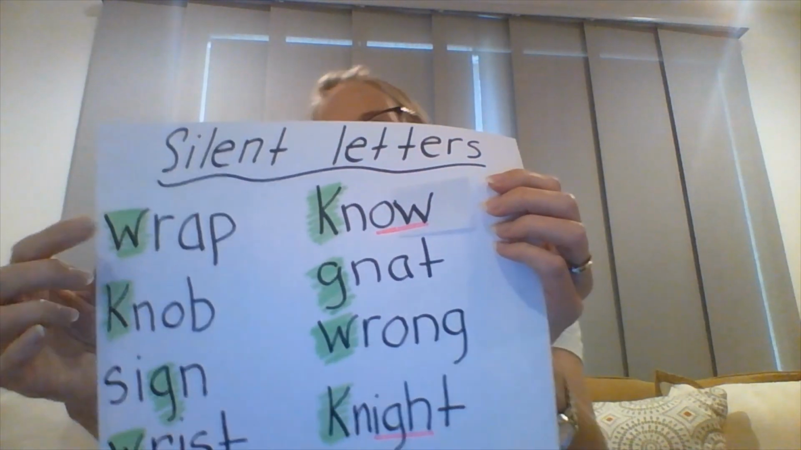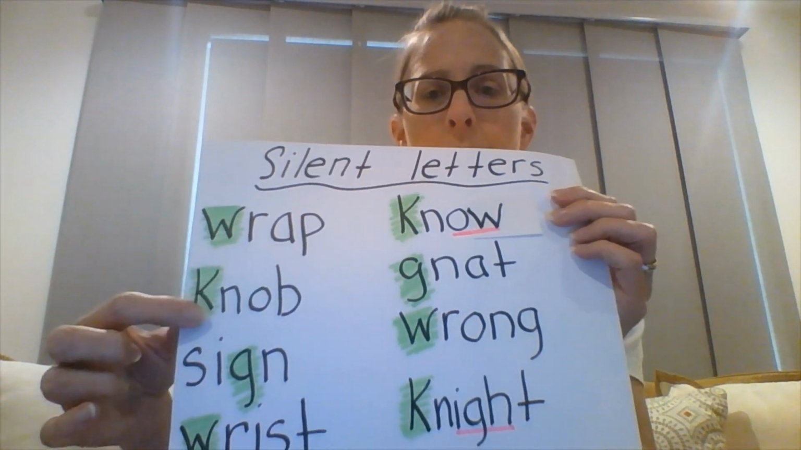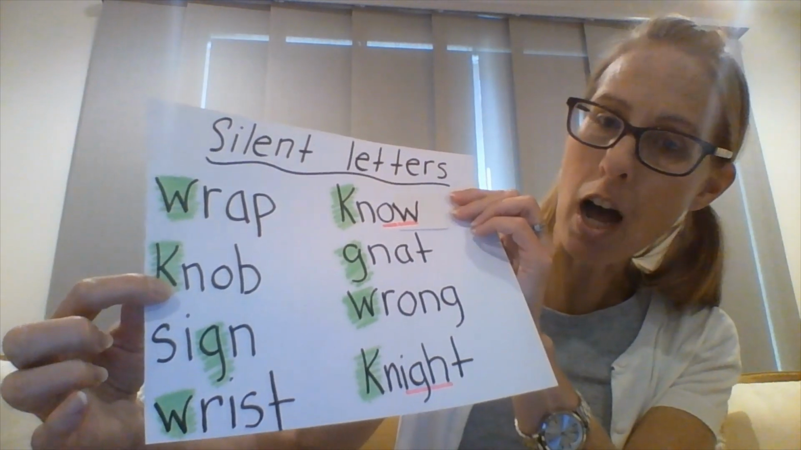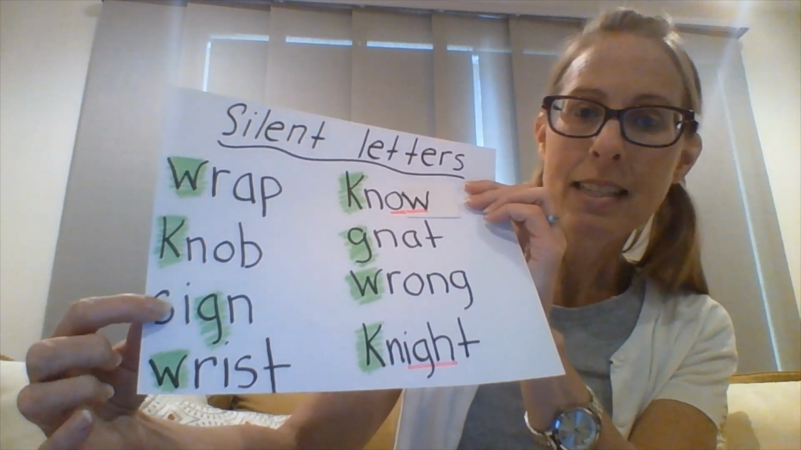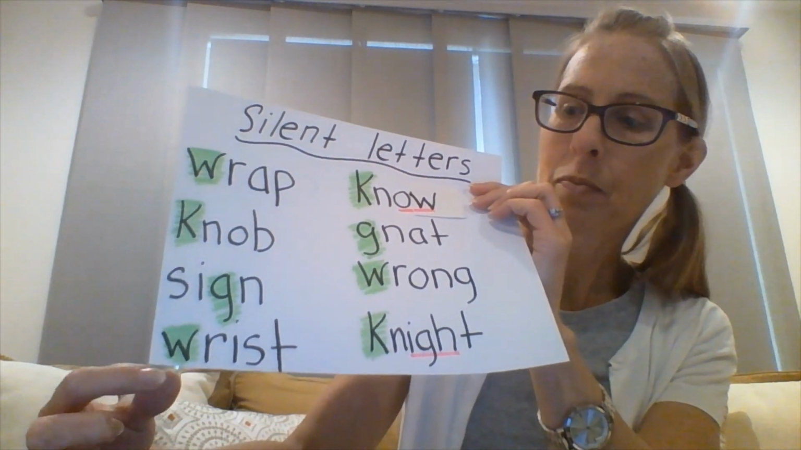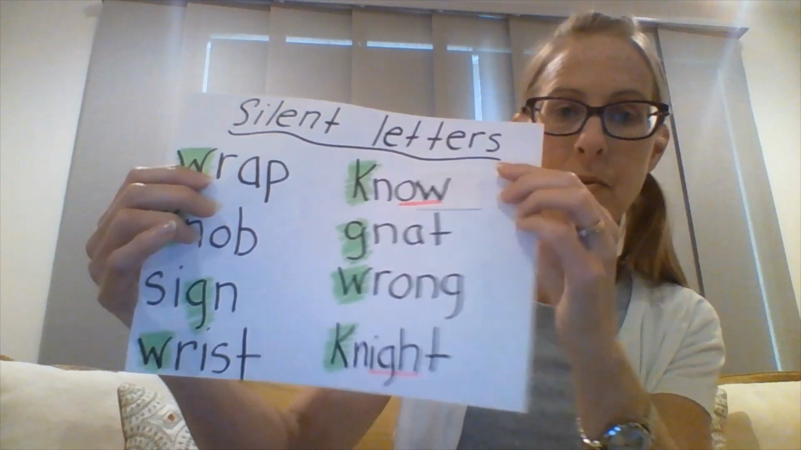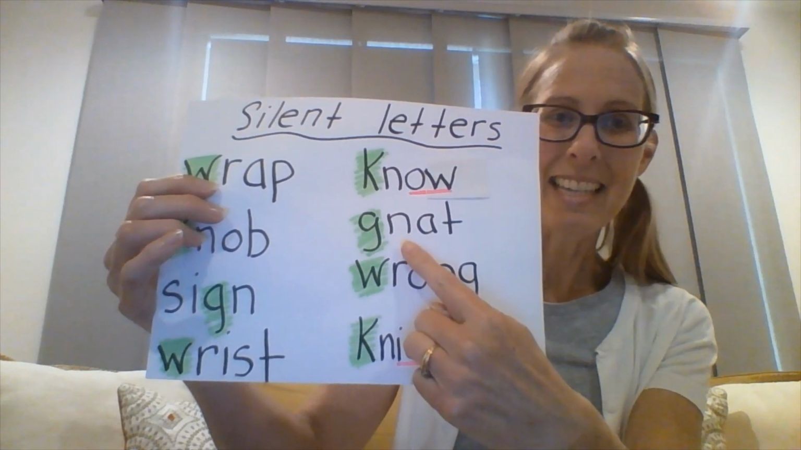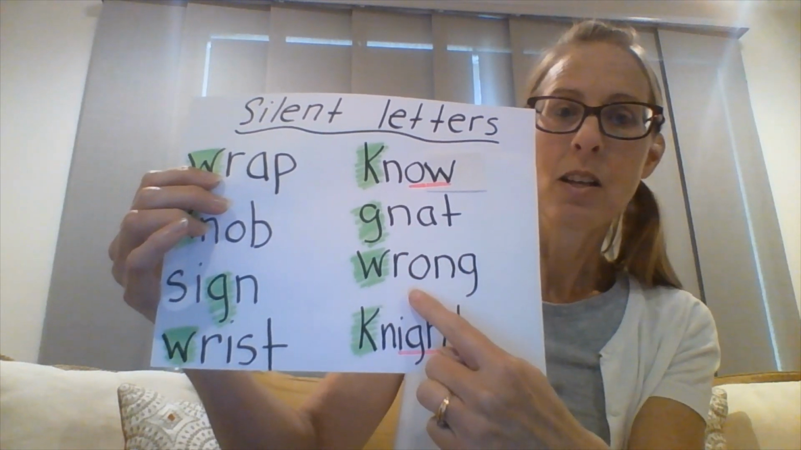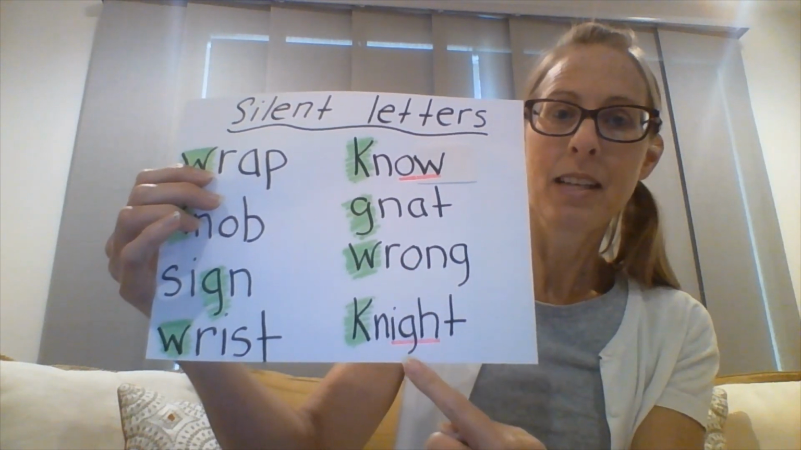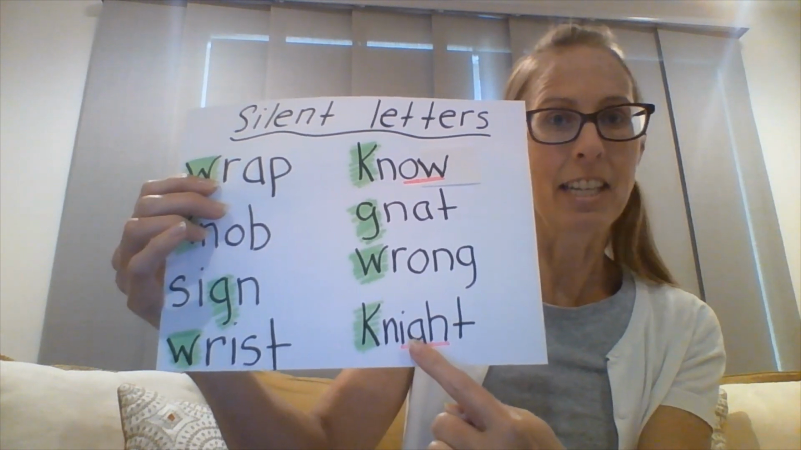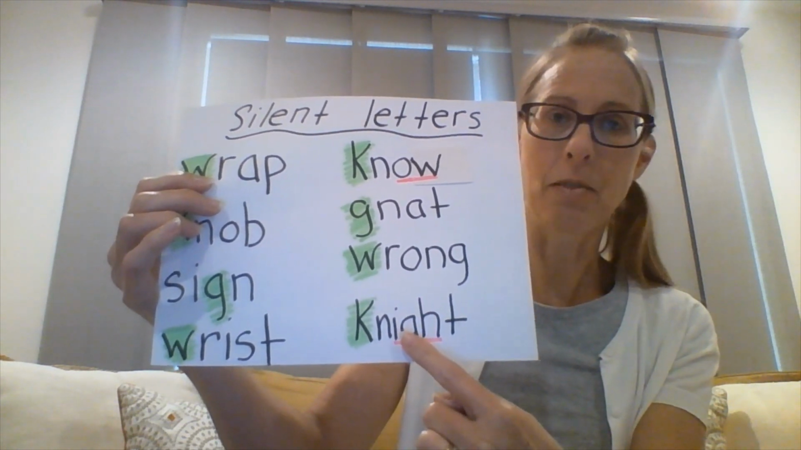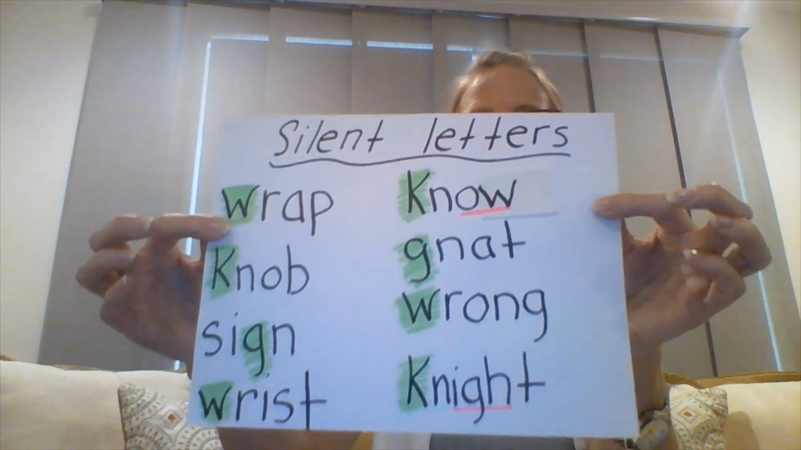We'll start with wrap, knob, sign, wrist, no, gnat, it's annoying bugs, wrong, and night, as in a knight in shining armor, not night when you go to bed. Okay, so those were last week's words and spelling patterns,